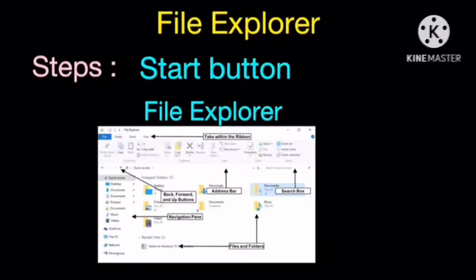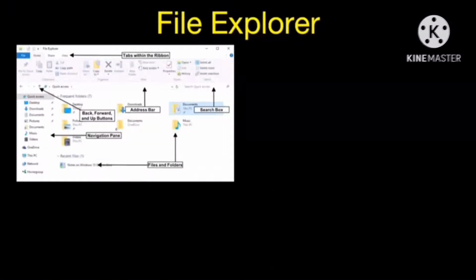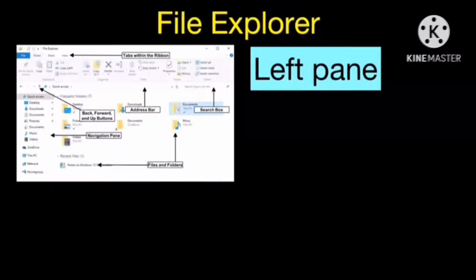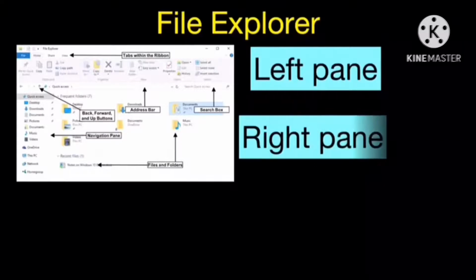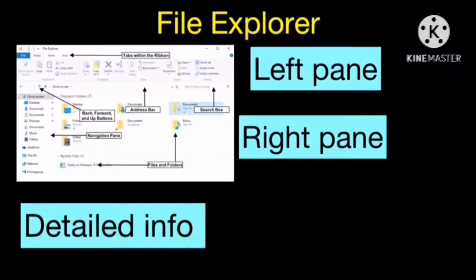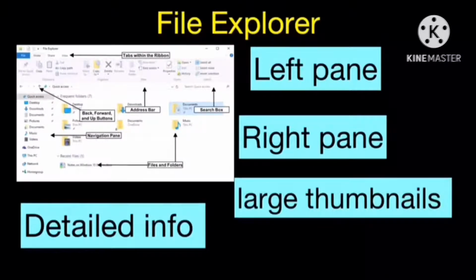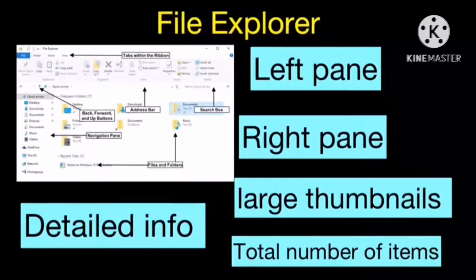Now we will see what are the parts of this window. So we have the left pane. In the left pane, there will be many details of all the file and folder locations. The right pane shows the content of the folder which you have selected in the left pane. Then we have two buttons at the lower right corner. One button is used for all the detailed information about each and every item in that particular folder. The other one is for showing the items using large thumbnails, and at the bottom you have a status bar which is used to show how many items are present all together.